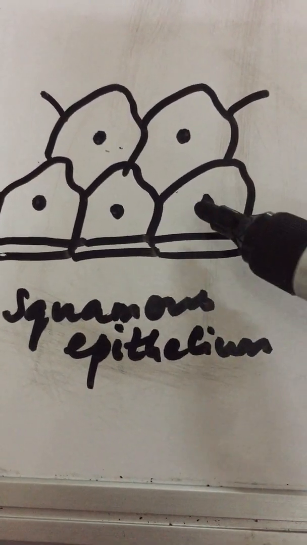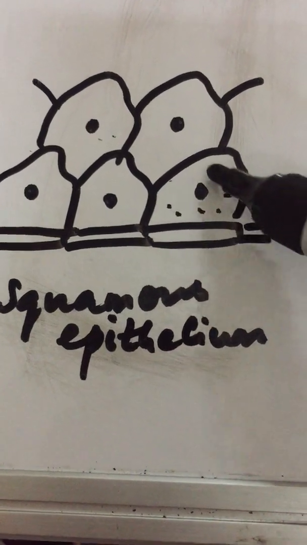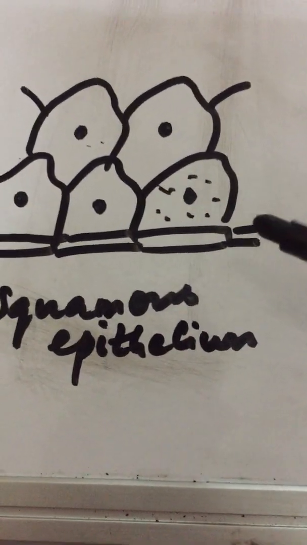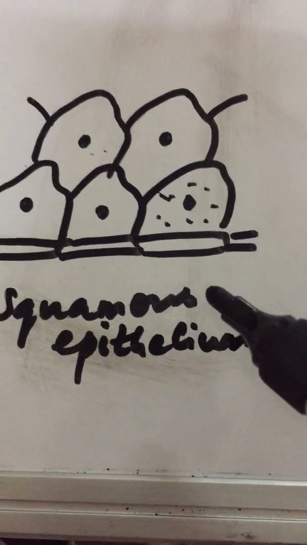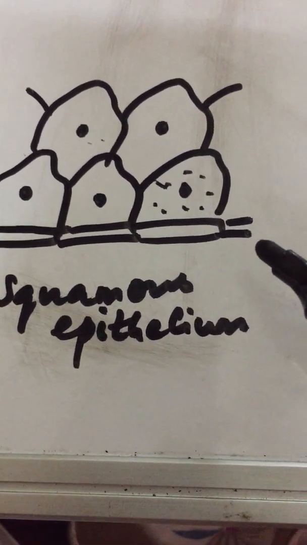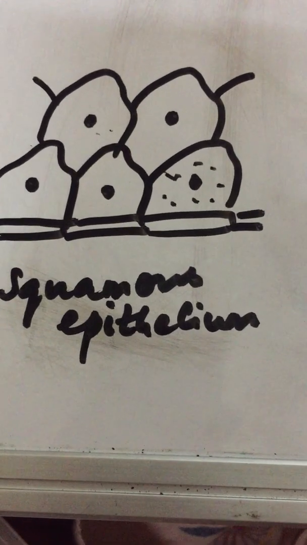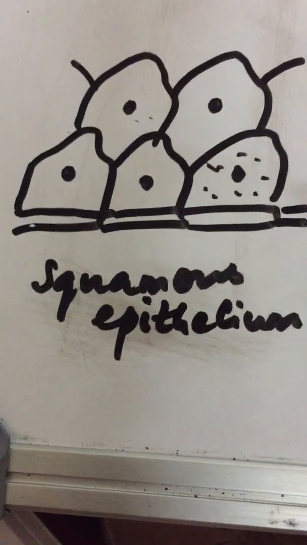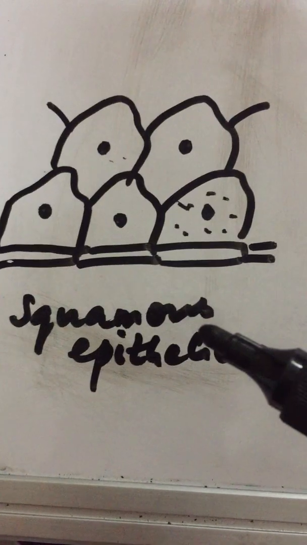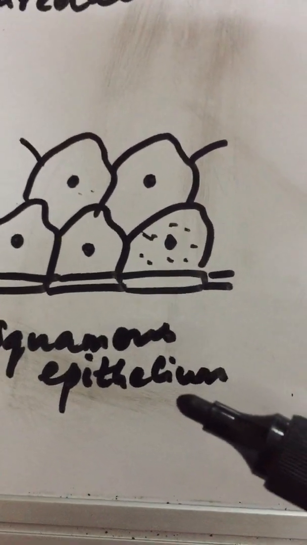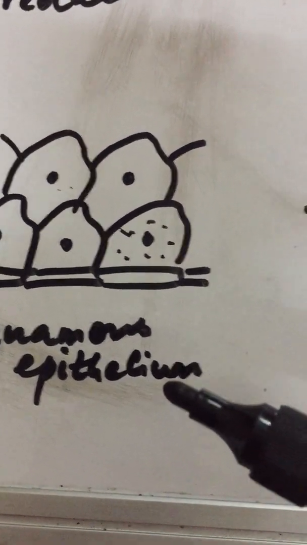This is the cell membrane, this is the nucleus and this is the cytoplasm filled here. You have to label the diagram. This is squamous. Location is present in the inner lining of mouth cavity, nasal cavity, blood and lymph vessels. And function is it protects the underlying parts from entry of germs, harmful chemicals or any mechanical injury.